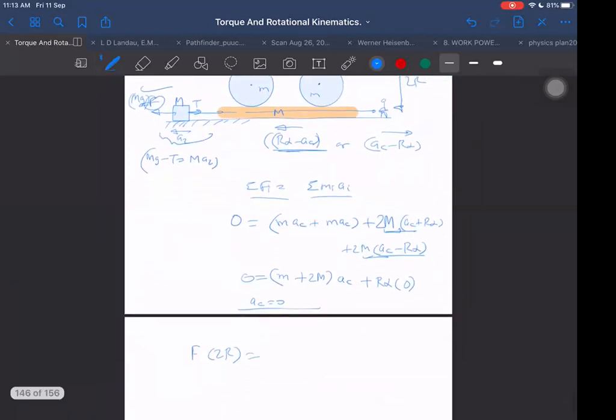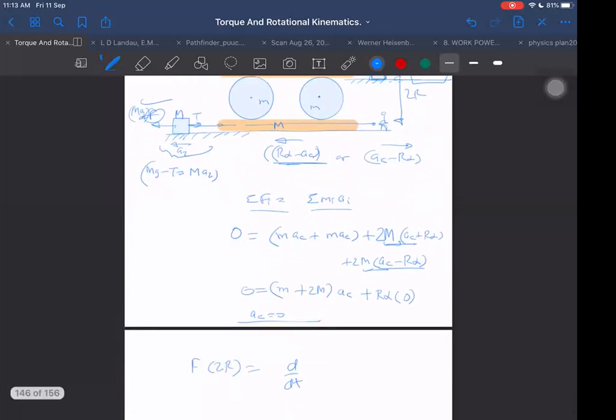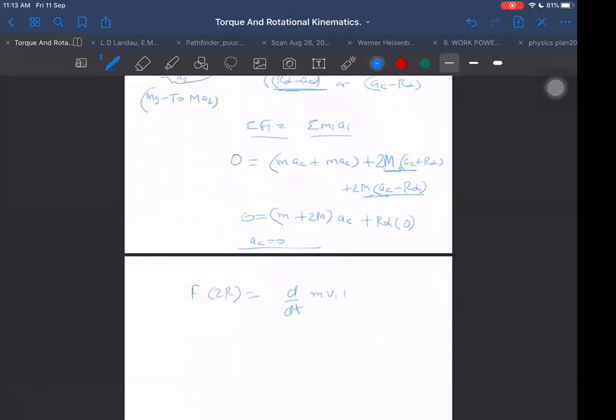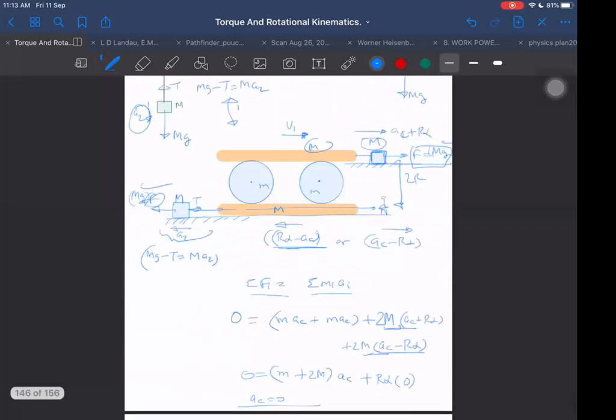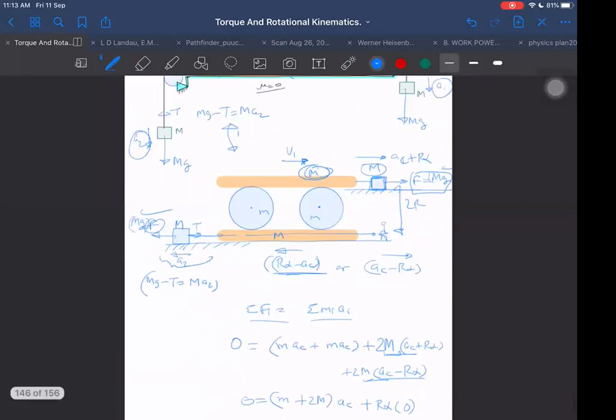rate of change of angular momentum, d by dt of, if it has velocity here, let us take its velocity to be v1. So I will write d by dt of m into v1 into 2r, right? Angular momentum, capital M. How many capital M's are there? 2 capital M's. One capital M here, see, one here, and both are having velocity v1. This also having velocity v1. So I can write rate of change of angular momentum, that will be 2 into m into v1 into r. Is it okay? 2 into m into v1 into r.